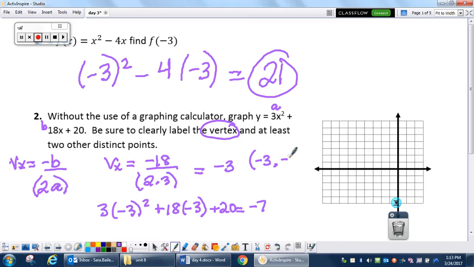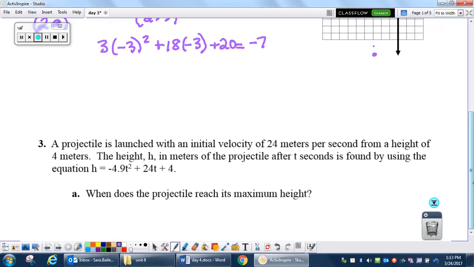Now, unfortunately, when I made this, I forgot to consider that negative 7 won't fit on the graph, but you're going to go to the left 3 and down 7. And it should be somewhere around there. So that's your vertex, and now you're going to find 2 other points. I'm going to give you the points of,